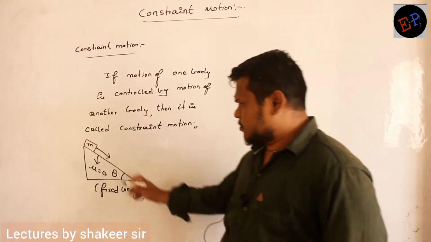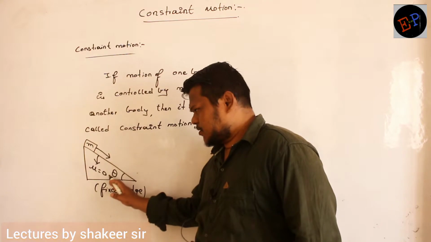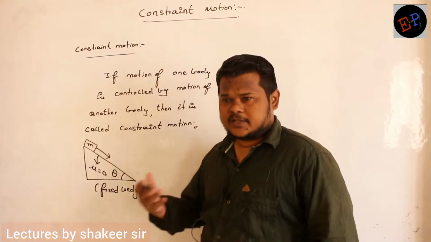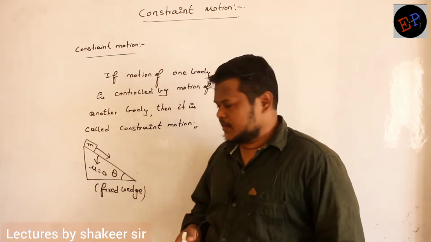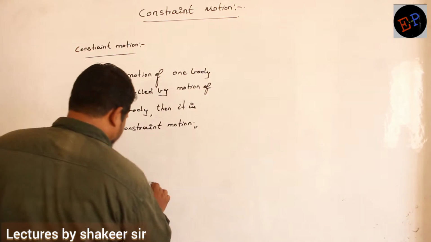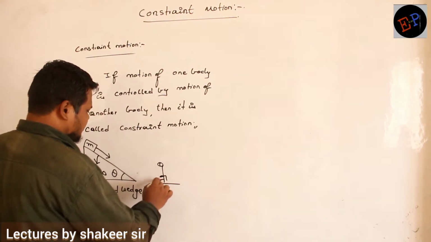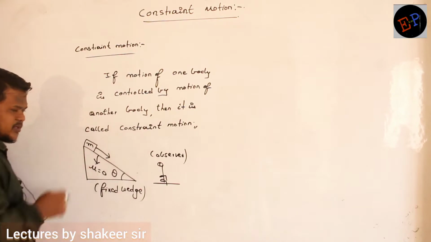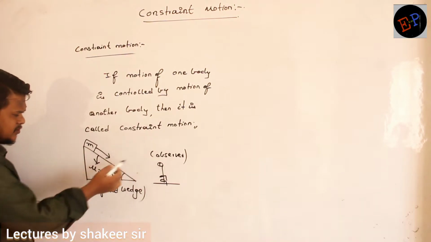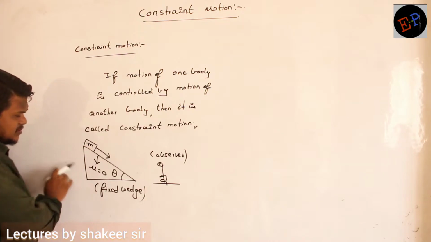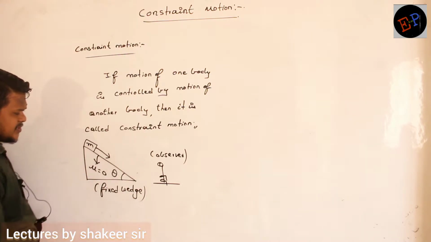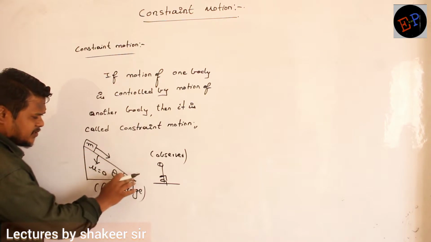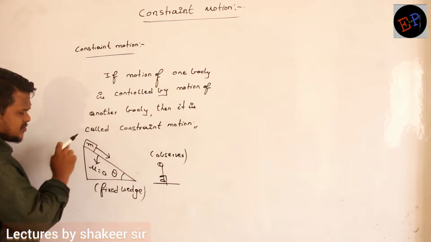It means the motion of this small body m is dependent on this wedge, on the shape of this wedge or the motion of this wedge. Therefore, consider an observer standing on the ground, observing this body of mass m. To this observer, how does the motion of this body appear? The motion of this body appears as if it is coming downwards along the inclined plane. That is what this observer will observe for this body.